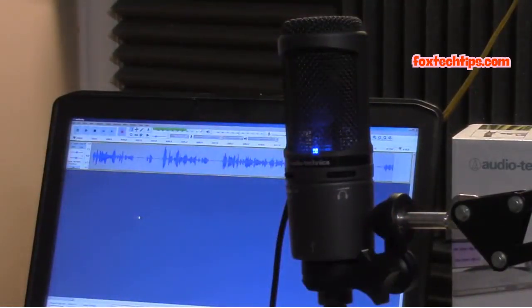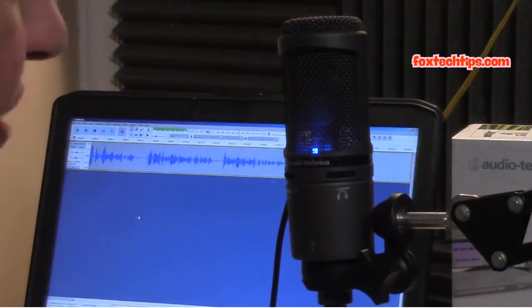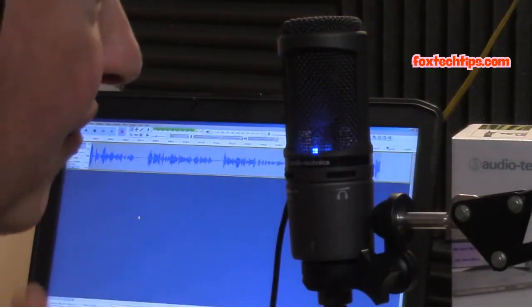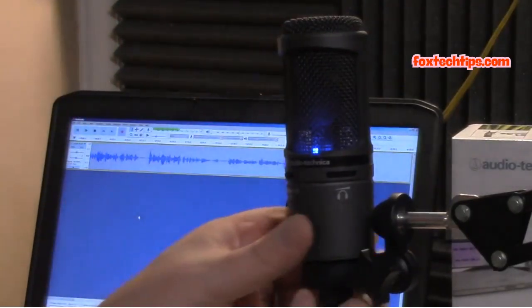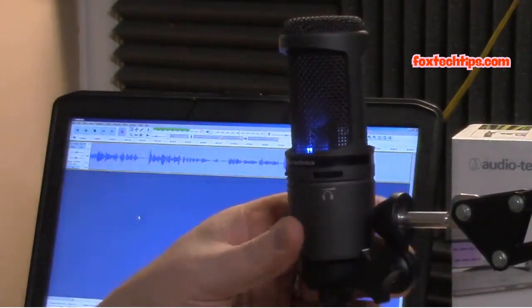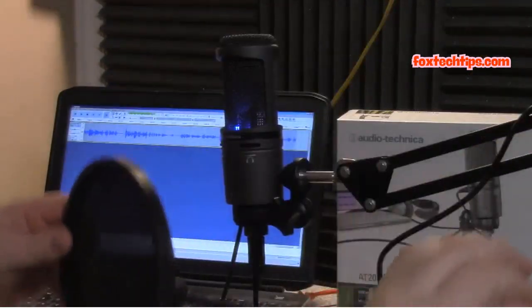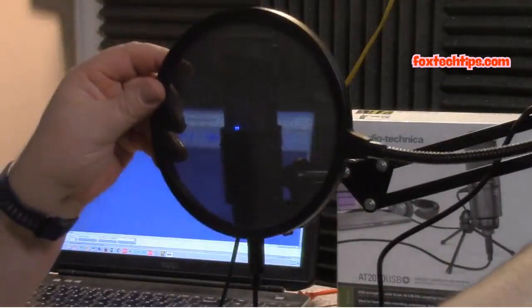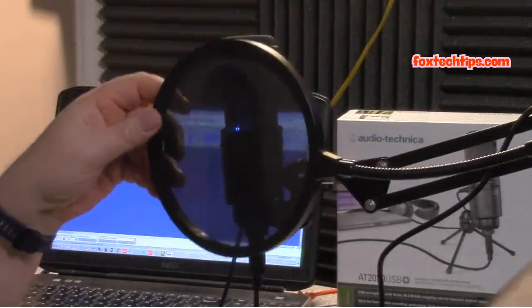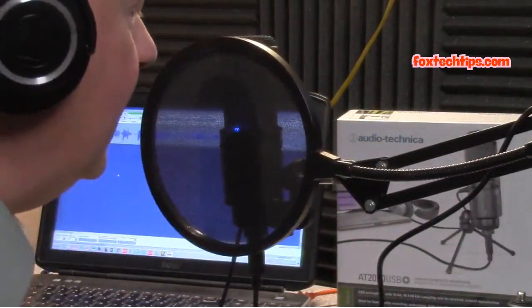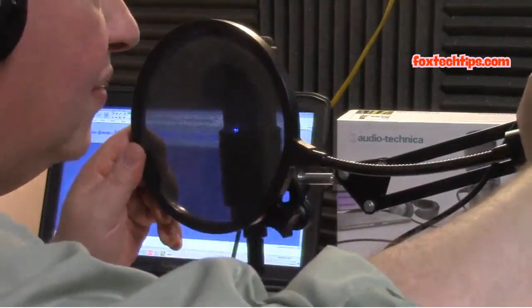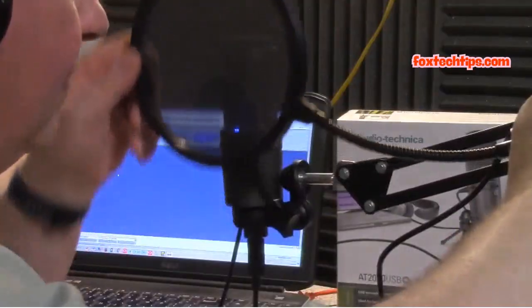I wanted to make sure that you were hearing the microphone at all times, even if I'm further away from it. Now, some experiments I did do with this. I would use a pop guard normally, so let's just put a pop guard in front of that, just to protect it from the P's and B's, and then you can get in really close without getting too much air noise from